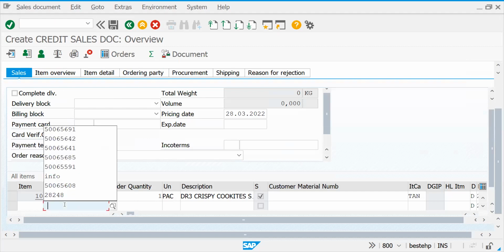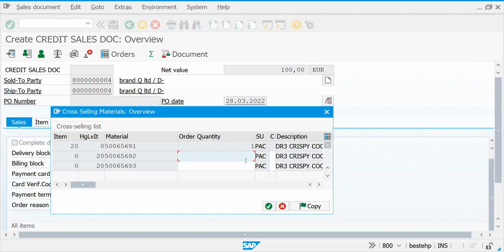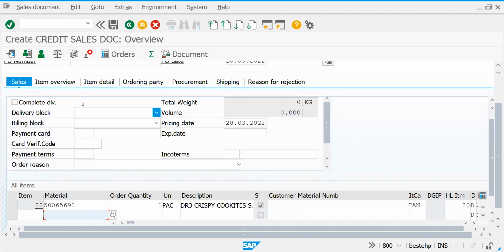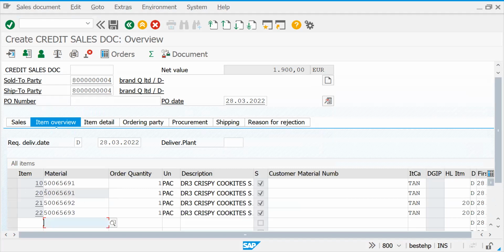Now let's try to enter one more time. Okay, so now I want one charger. I just want one pair of headphones. Let's assume, because these are the biscuits, I'm just telling you so your mind can map an example. Okay, this is 20. So let's copy this. If I copy this and you go and see the item overview, your materials will be copied. With your main material, your sub-items also will be copied. This is the proposal.